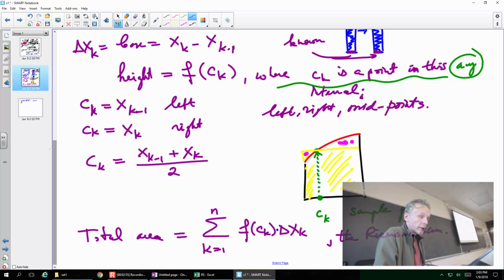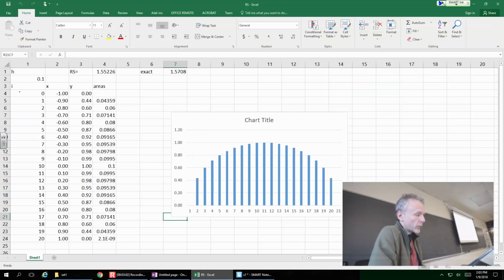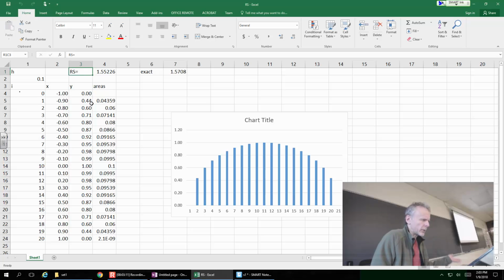Okay, and just like that picture on the right, kind of a stretched out picture. But here we're doing it indeed 20 times for the interval. So technically, what we have found here, as I pointed out, let me once again show you what this is. These are the values of x found between -1 and 1. These are the values of y found by the formula I just wrote. Okay, and then in the next line over here, I find